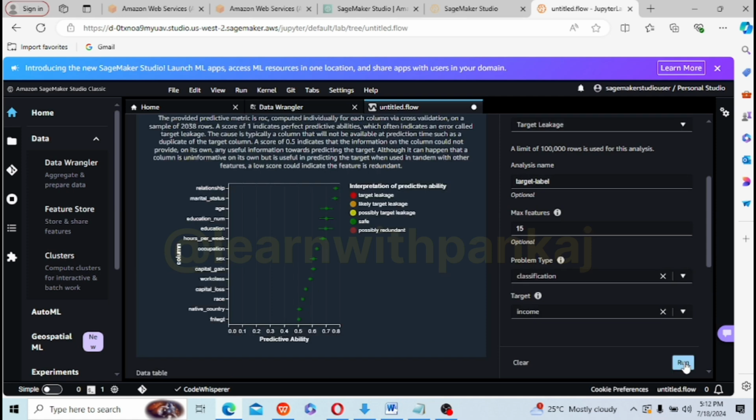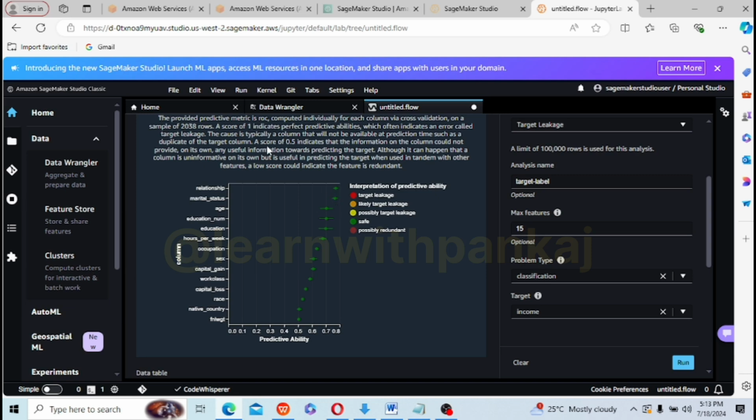What it is showing is that the provided predictive metric, ROC, is computed individually for each column. It is calculated for each column via cross validation on a sample of 2038 rows. So 2038 rows have been used to find this target leakage. A score of 1 indicates perfect predictive ability. So anything on the upper side has a good relationship, and it is going to help us with the correct prediction.